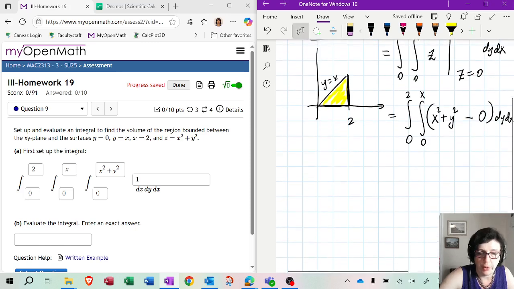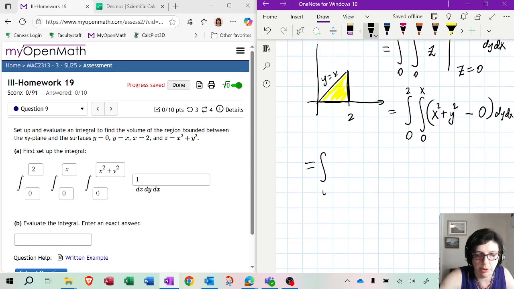So now we are down to just a double integral. So let's integrate it inside with respect to y. When you integrate x squared, don't make a mistake to think that you need to integrate x cubed over 3 or something like that, because this is with respect to y, right? And when it's with respect to y, this thing is just a number. So integrating a number means multiplying by the variable with respect to which you're integrating, which in this case is y. So that's going to be it.